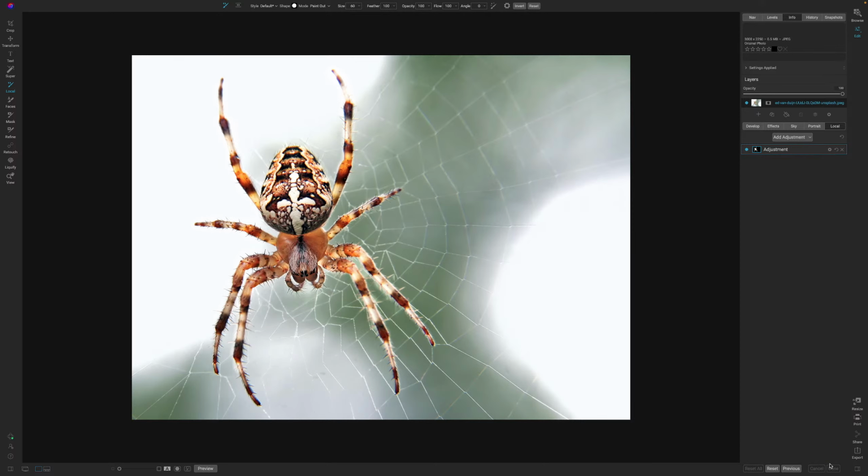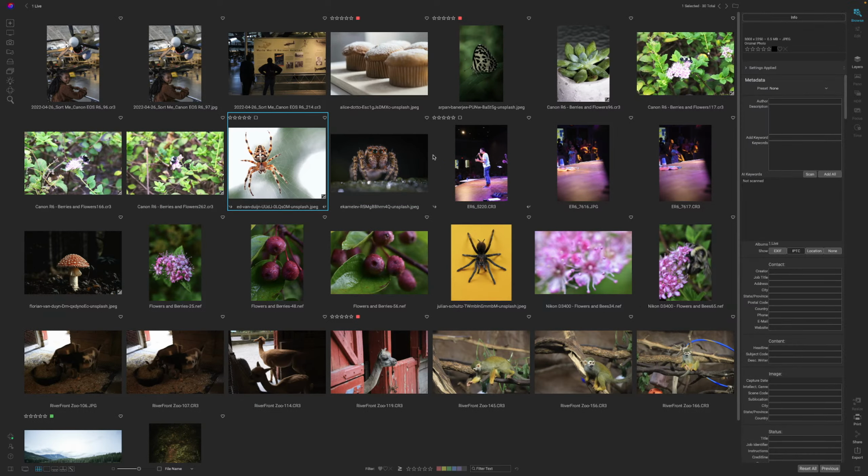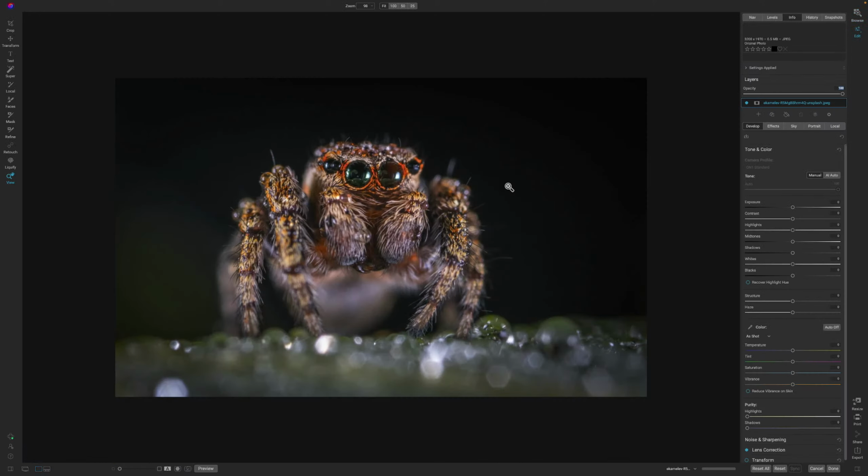Let's go ahead and hit done, and we'll go back to our gallery. And we'll try one more spider image before we jump on to another type of image, because I don't want to creep everyone out. And I say that right as I click on the spider headshot. If a spider could have a headshot, this would be what it looks like, I imagine. And this spider looks like he has a bunch of water drops all over him. So I don't know. Comment down below or to the side. I'm not sure where the comment is on YouTube, but comment if you